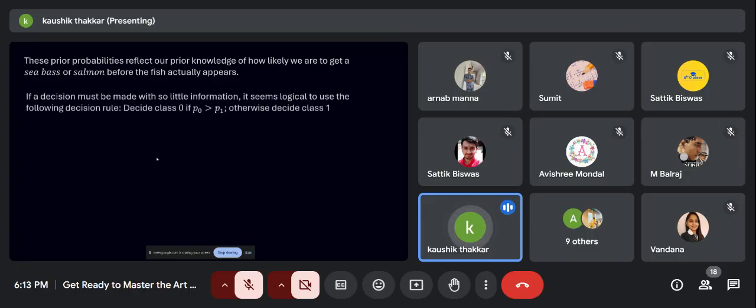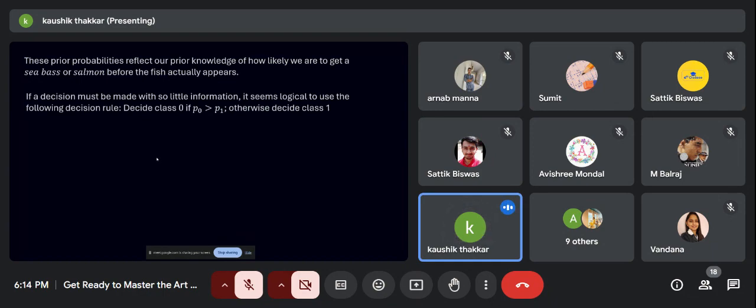Now, if we only make a decision with such little information, it seems logical to use the following decision rule, but only for one classification. For example, let's say you have 100 fishes, out of which 70 are sea bass and 30 are salmon, right? Now, if you have to classify one unseen fish, you say that okay, it's likely that 70% of the times the fish is sea bass, so let's classify it as sea bass, right? So for one classification, this rule seems logical: whatever has a greater prior probability, we will assign that